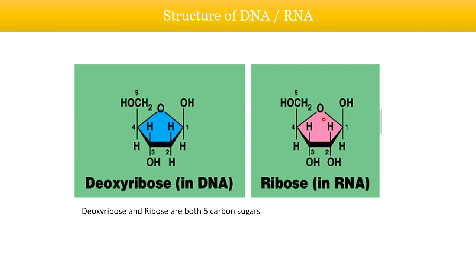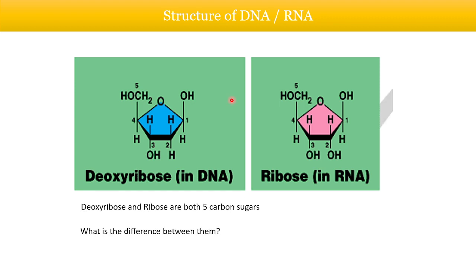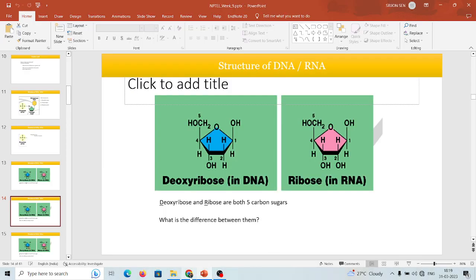Okay, so these are the two structures of your DNA and RNA. Both contain 5 carbon sugars. Here we have the OH group. This group is actually replaced by your nitrogenous base, and in here this OH is replaced by the phosphate group, and then you get the two structures. Okay, so what are the differences between them? What are the differences which we can find between DNA and RNA? Can any one of you tell me what is the difference between DNA and